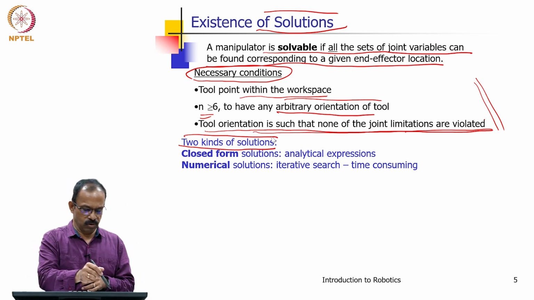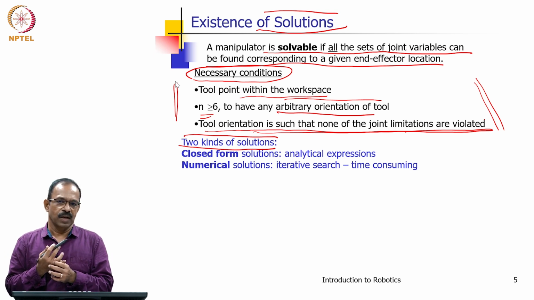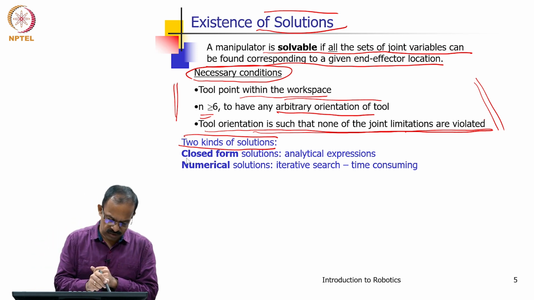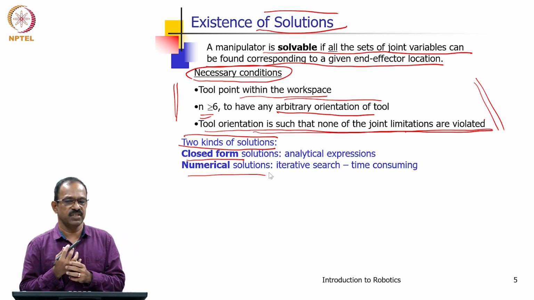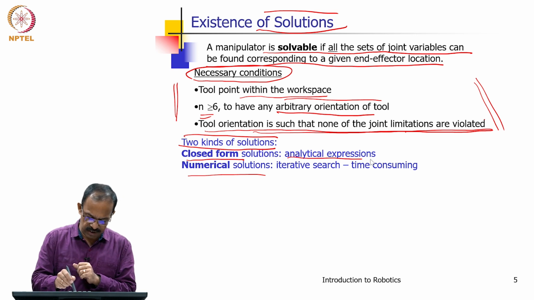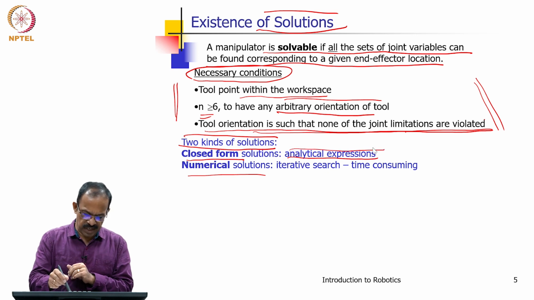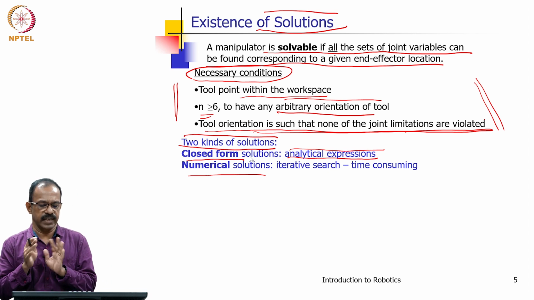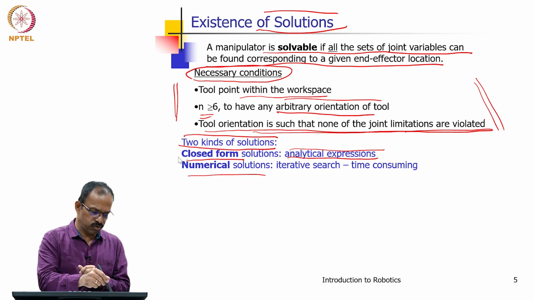So, if you know that this necessary condition is satisfied, then we can actually solve for this. We can solve for the solutions, and the 2 methods of solutions are, one is known as closed form solution and the other one is numerical solution. So, closed form solution is that you can use the algebraic expression or the analytical expression that you already developed using forward kinematics. So, you can use these analytical expressions and solve for it, that is basically known as the closed form solution. So, the analytical method can be used to get a solution, then we call it as a closed form solution.